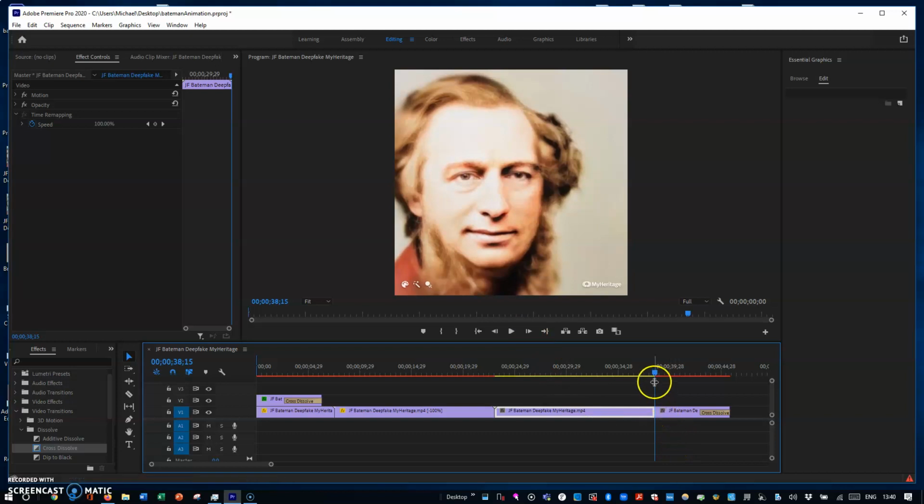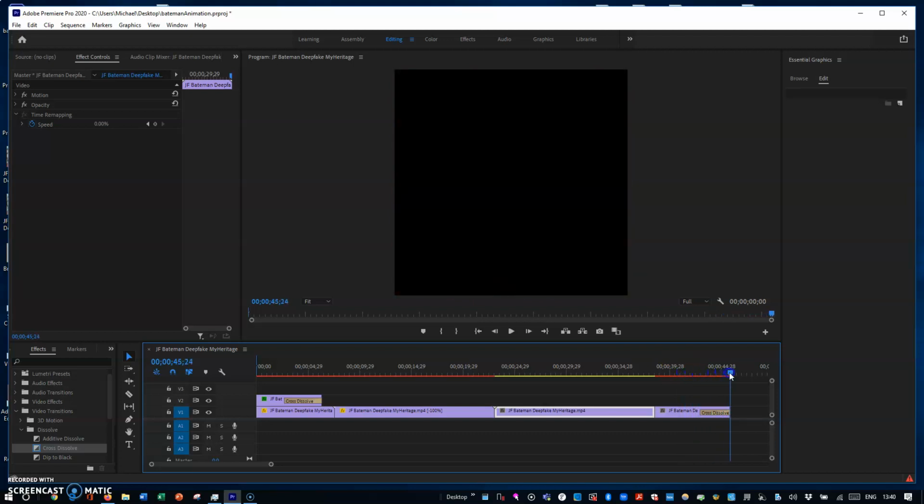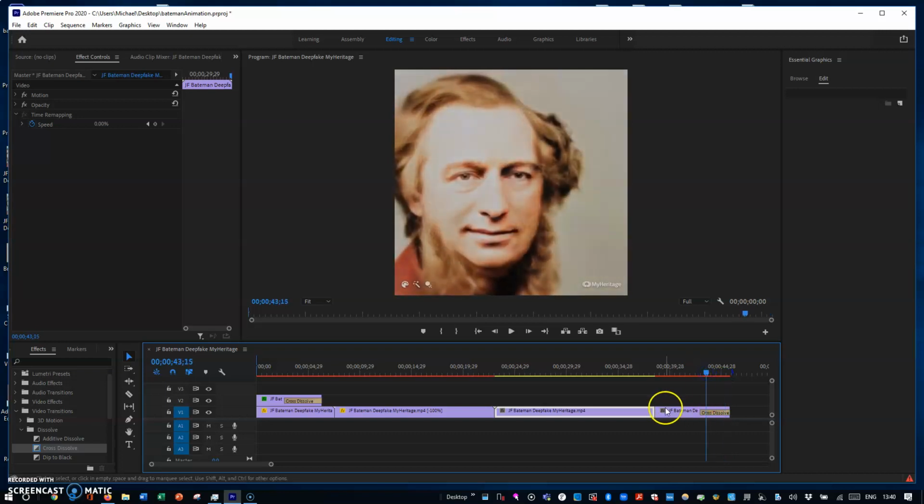So what I've done, I've taken that last frame and I've extended it here, just as a static image for about, looks like 5 seconds. And then I've got a crossfade that basically just fades it out to nothing. And the background is black, so it just fades that out to nothing. And I've also taken this section and put it at the beginning,